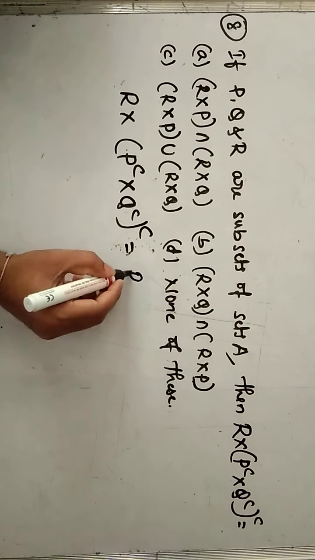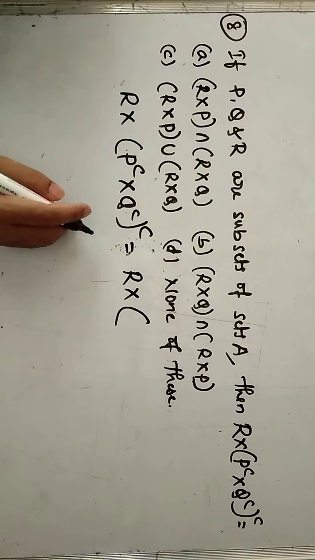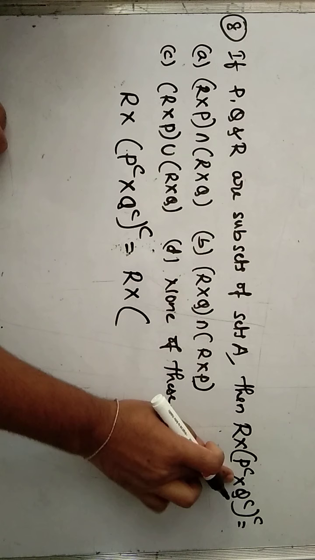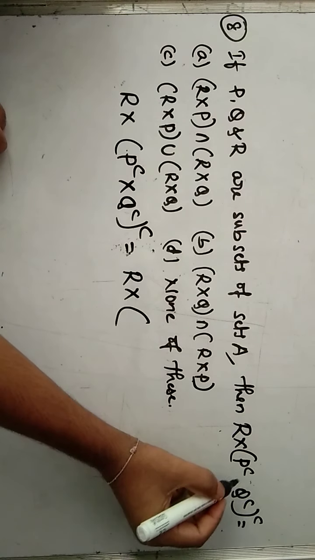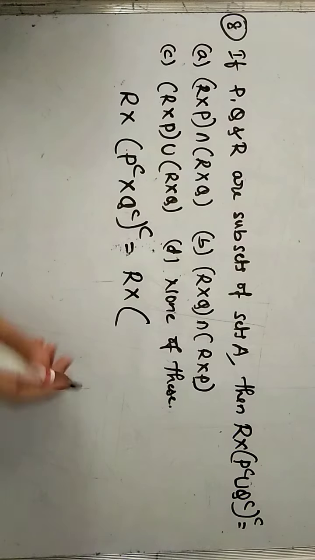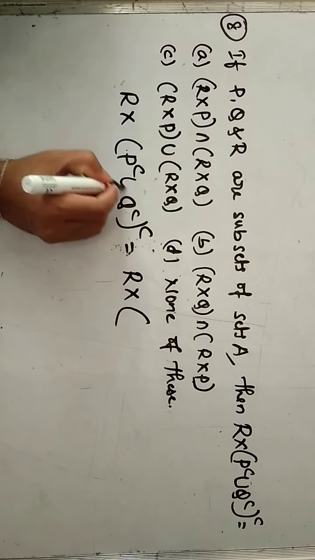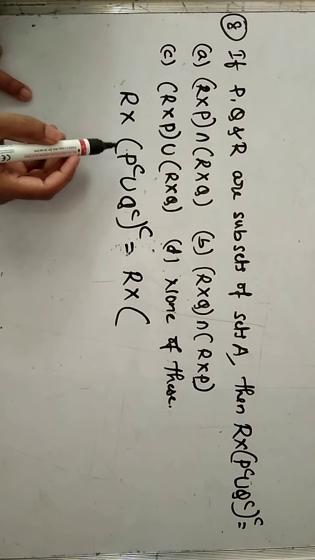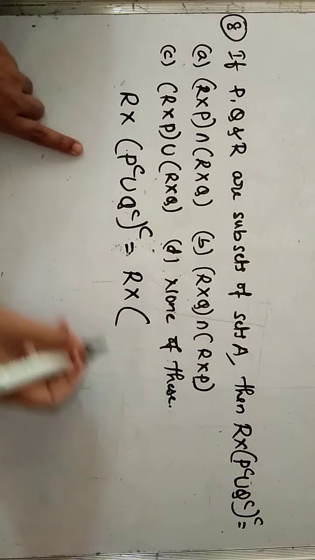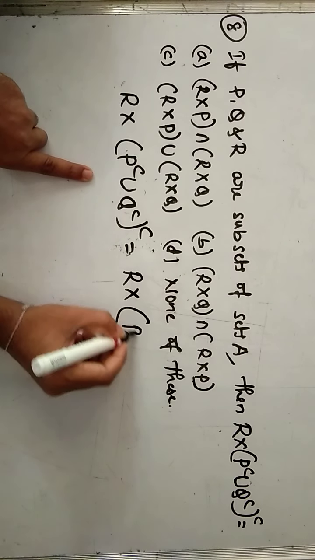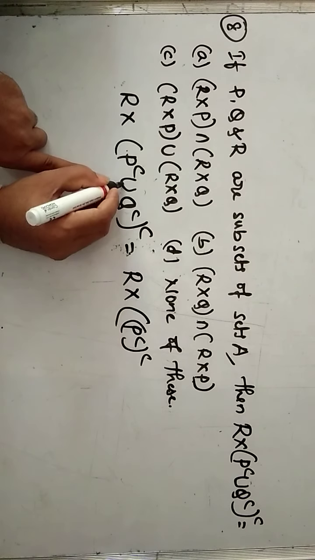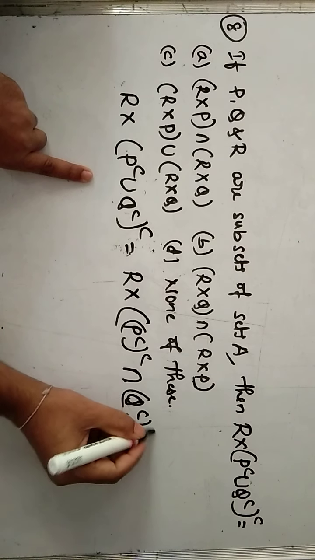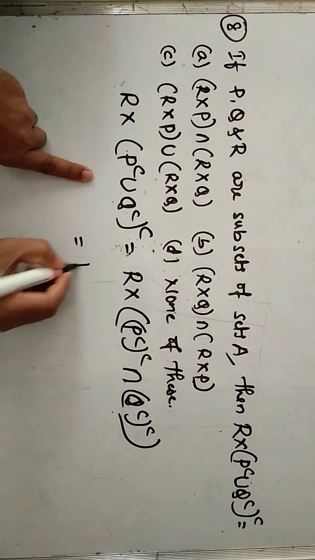Now R cross as it is. This one, how can we write this one? Sorry, this problem I wrote wrong. This one is a union. Sorry, this is a union. Okay? R cross. Okay? This is De Morgan's law. What is De Morgan's law? (P complement) whole complement intersection (Q complement) whole complement. Okay? R cross